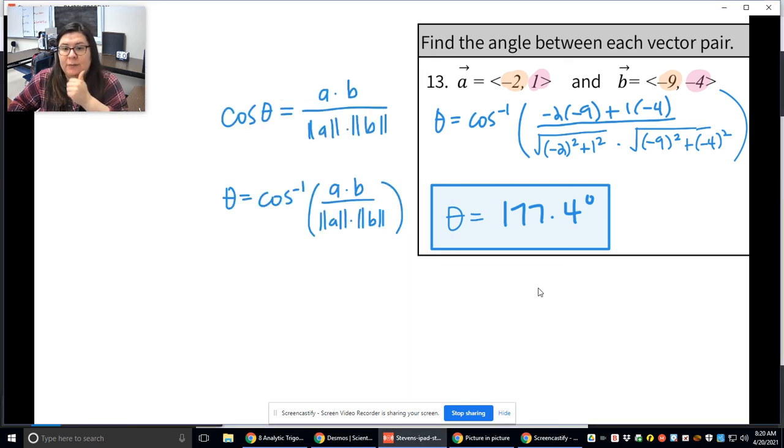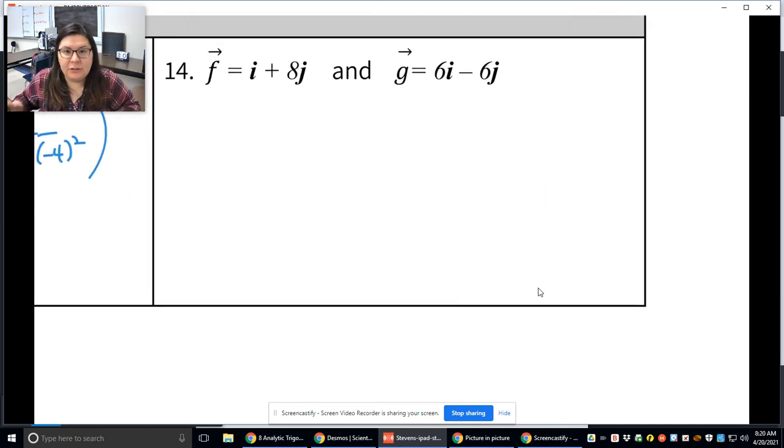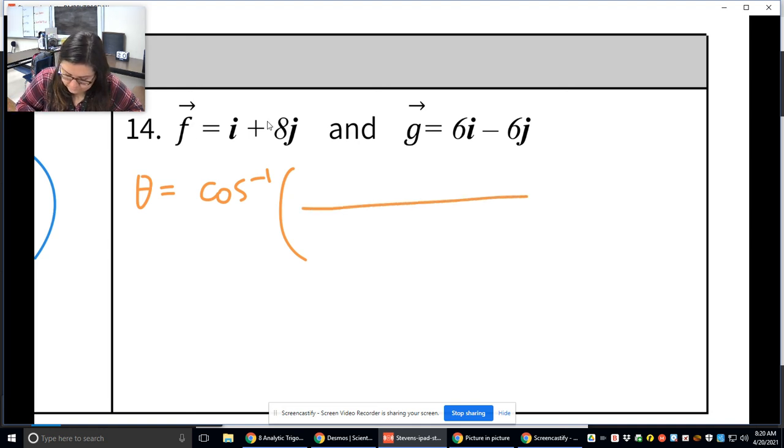All right, let's look at the next one. So just one more example so we can practice. This one is given to us as a linear combination, but it's really the same idea here. So we're going to do theta equals cosine inverse of. So we need to start by getting their dot product. Look at the coefficients. So that's 1 times 6 plus 8 times -6